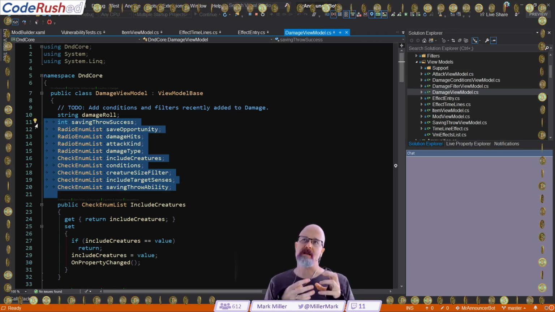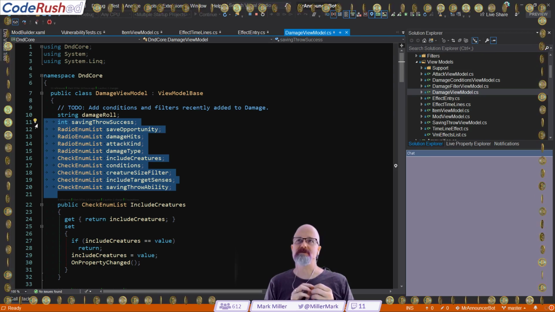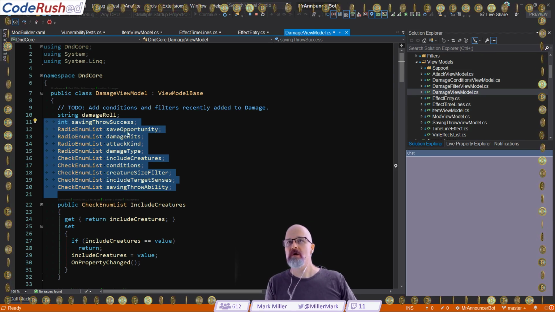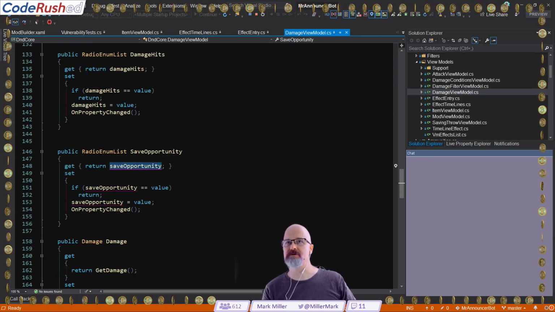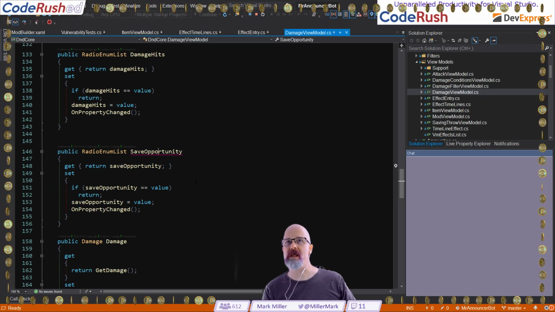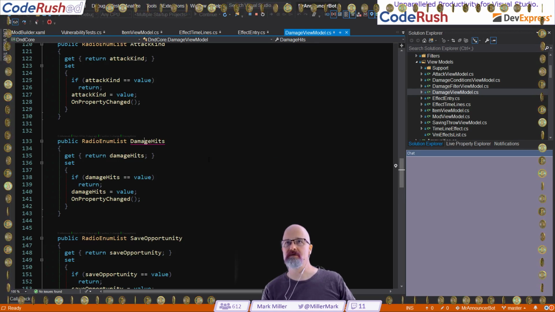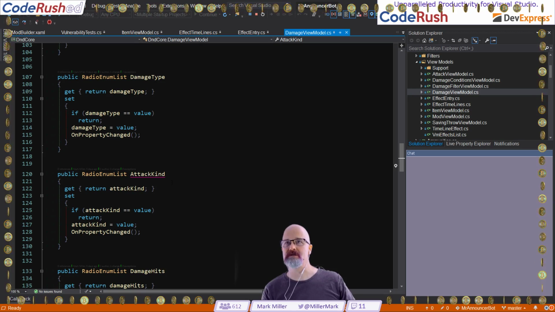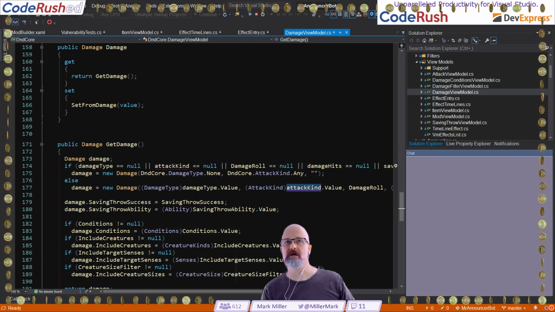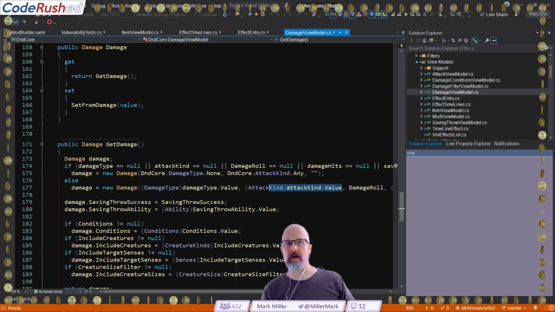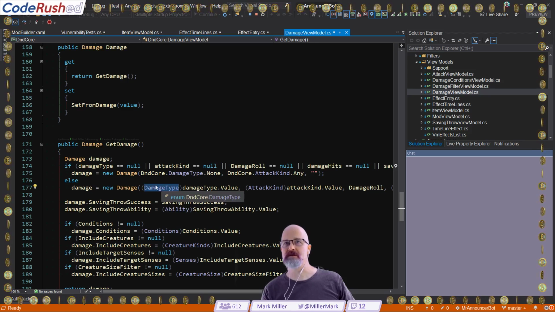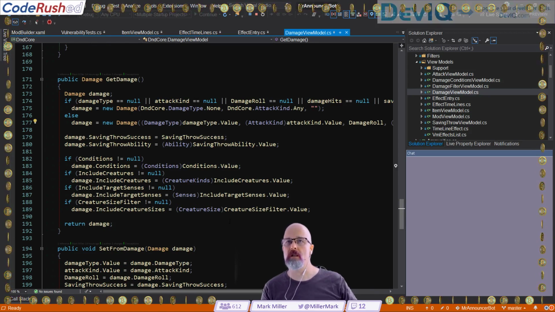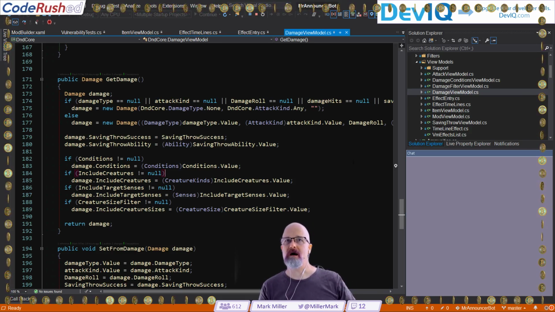However, from a lower level standpoint, if I'm talking about the damage view model, what's really happening here is the save opportunity. What I'm expecting to be used here is the save opportunity dot value. Here we go, right here, and then typecast. So we go to the value property and typecast it to an enum. Here's another enum example right here, and that's how we work with it, which is a little bulky, but